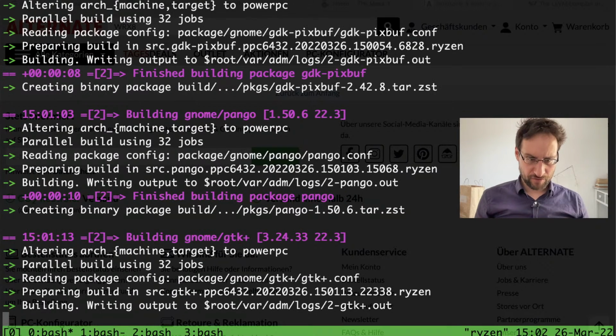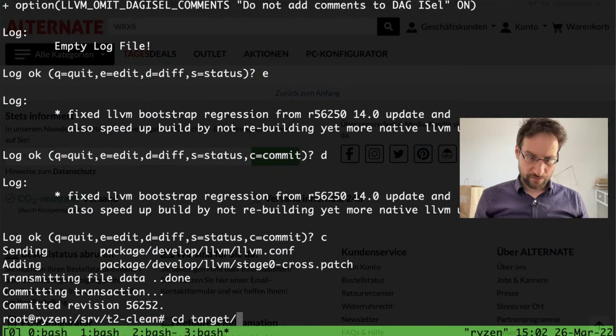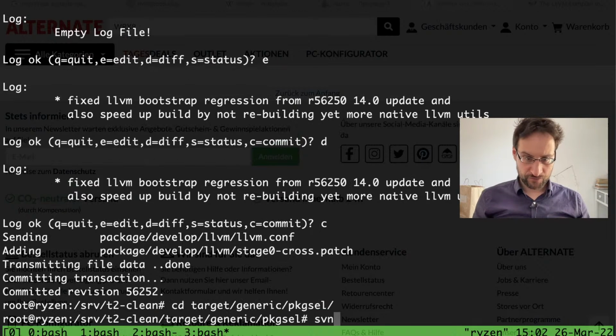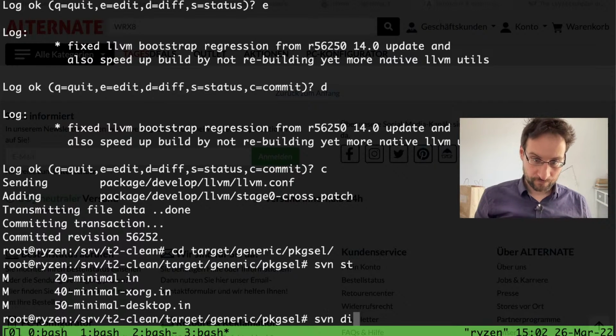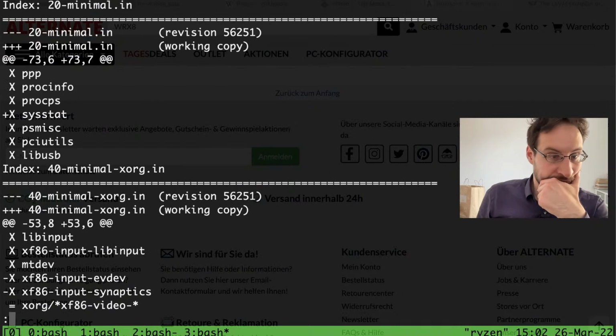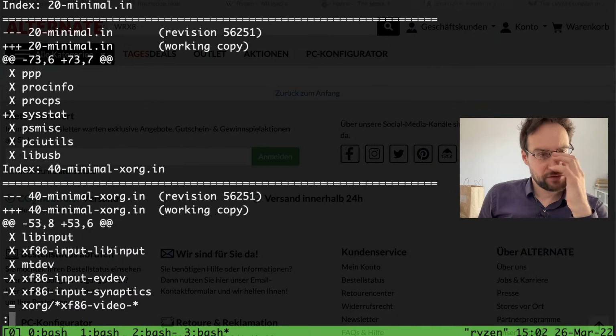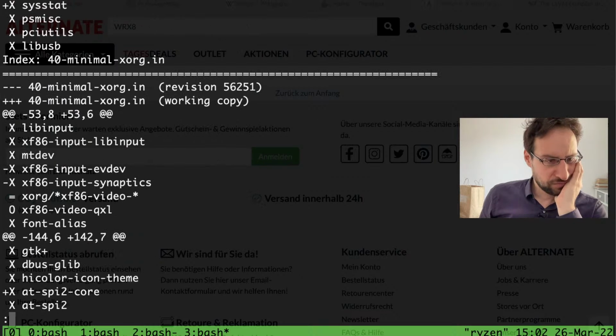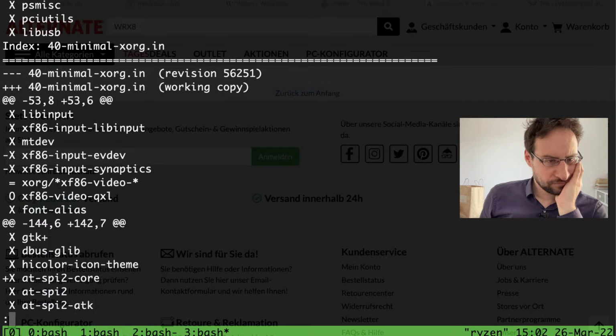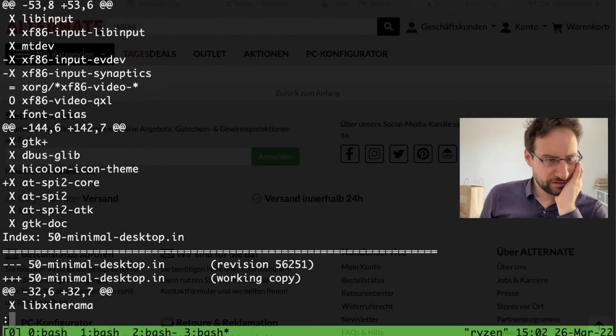Also, we probably should commit this package selection stuff. What do we have there in just some random data? Did we include this? Probably, huh? Why did I remove it?